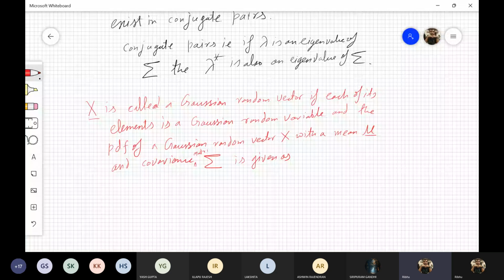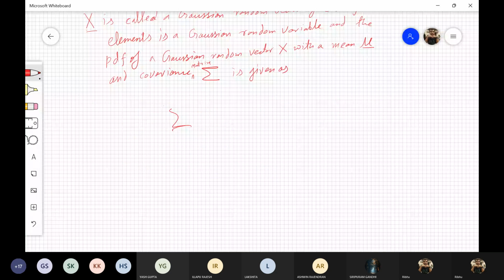Covariance matrix sigma is given as f_X(x) equals